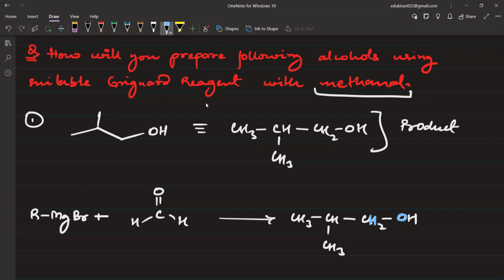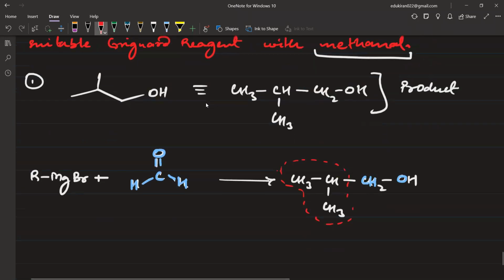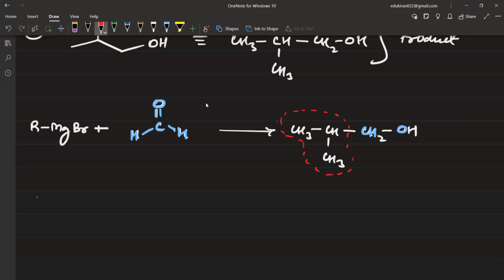And these 2 hydrogens are there here also. And this carbon atom is also coming from this methanol only. Now what should be the Grignard reagent? So the Grignard reagent will be this molecule. This R group here will be this fragment. So if I have something like CH3 CH, which has a CH3 group, connected to MgBr, plus we do a reaction with methanol,